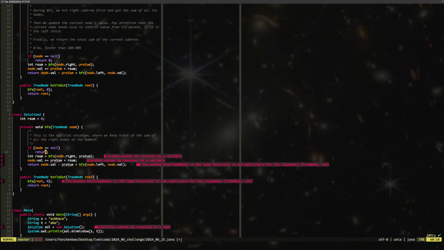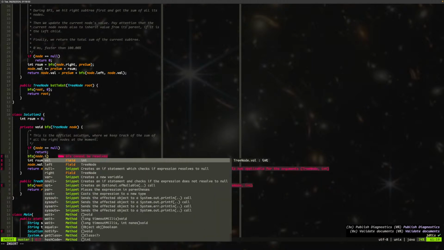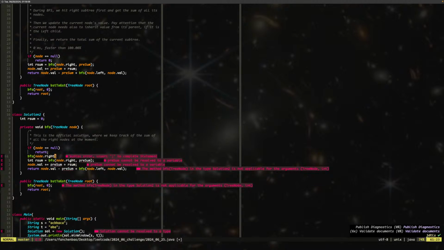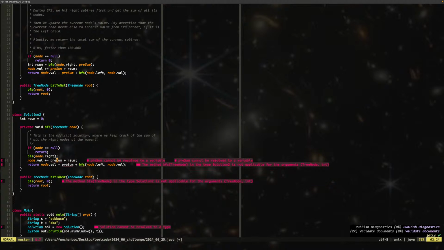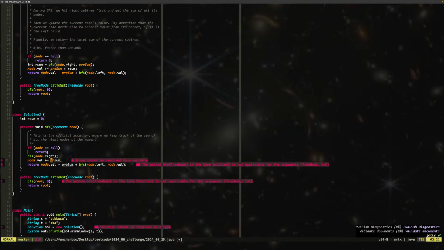Otherwise, we will BFS node.right. We go to the right first, and then we will say this.rSum plus equals, because we say that our sum is all the sum on the right side compared to the current node, which includes its parent and everybody on the right. Right, this is everybody on the right. So we do that, and then